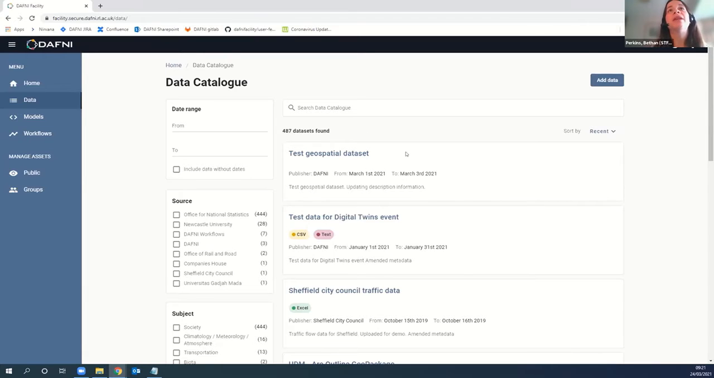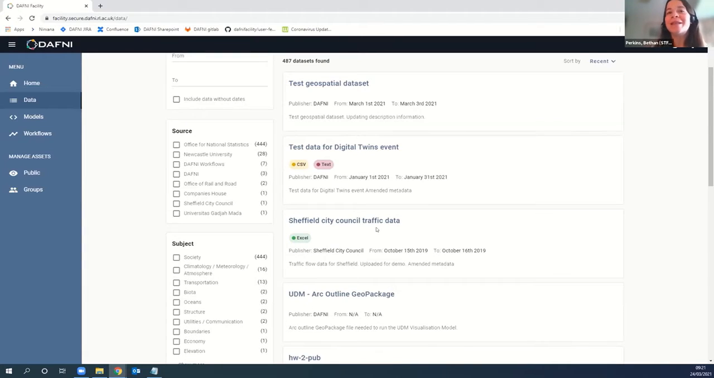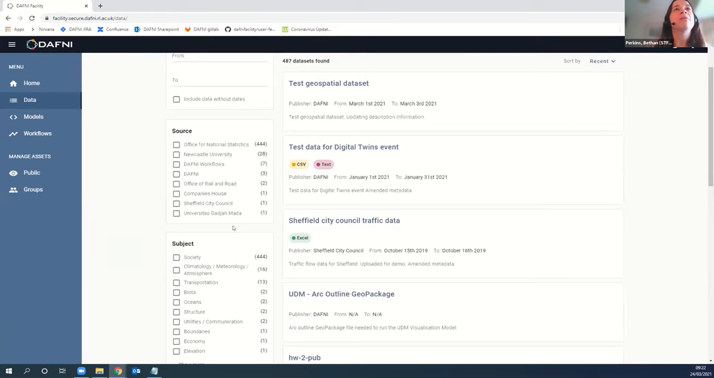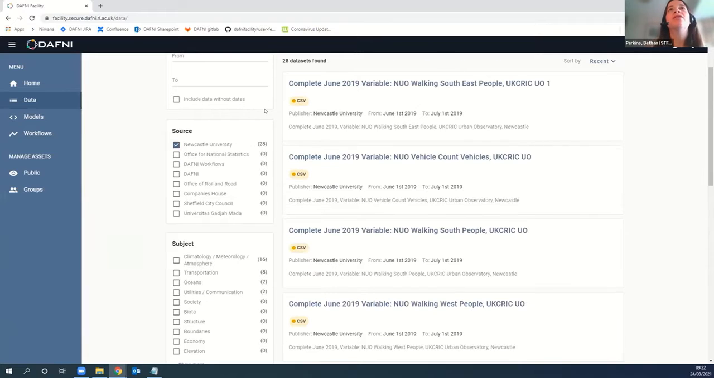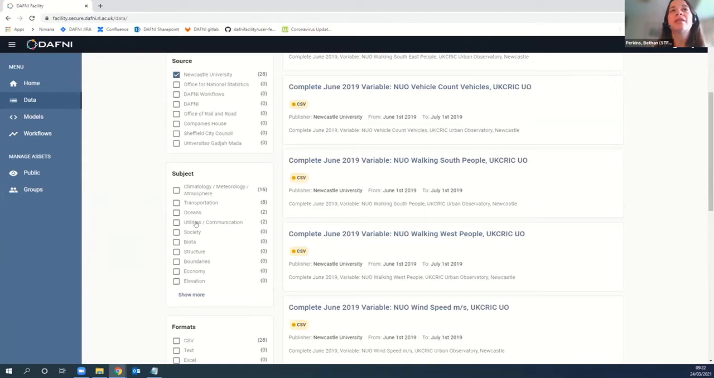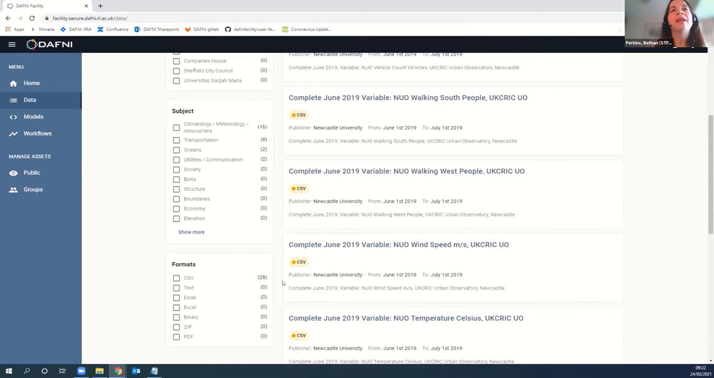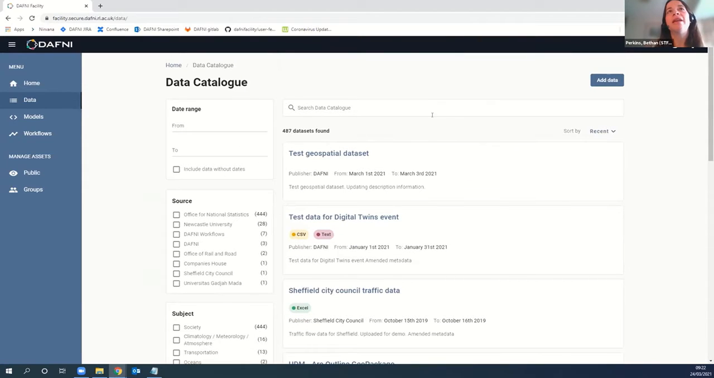So for this user, we can see there are some previous test data sets. As I've said, we've used this at other events as well. And you can also filter down through these data sets. So for example, if you wanted to find out what Newcastle University had published recently, then you could filter through that. We also support subjects and filtering through subjects. So which data sets do Newcastle University publish which related to oceans, and you can narrow in your search in that way. We also provide a similar thing for formats down here, and of course a free text search